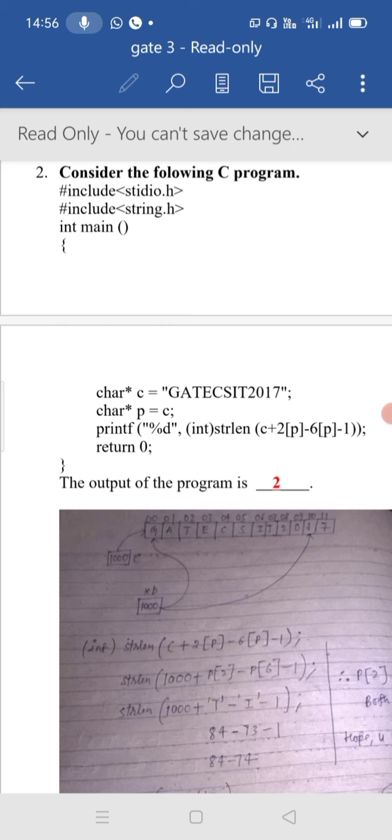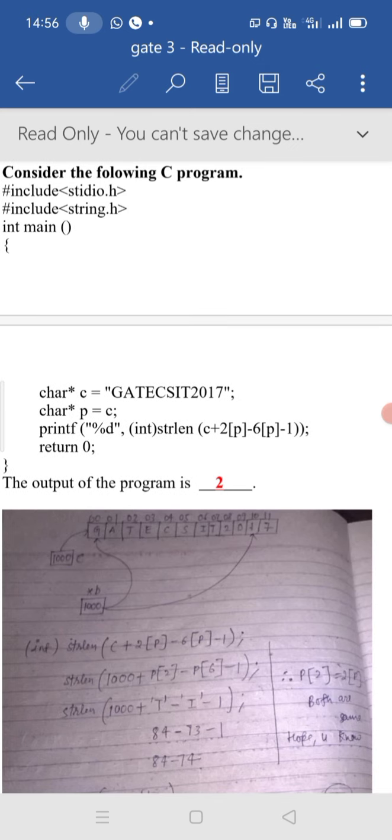Inside the image we have the expression c + 2[p] - 6[p] - 1. So 2[p] is also converted as p[2]. Both are the same. So p[2] is T and p[6] is I. So the ASCII value for T is 84 and the ASCII value for I is 73.